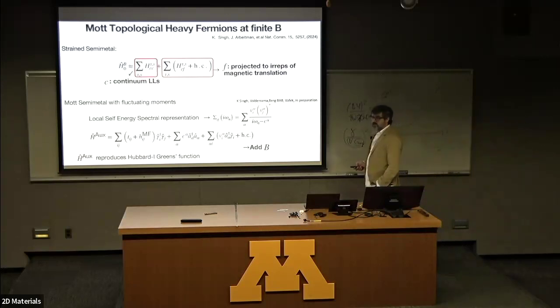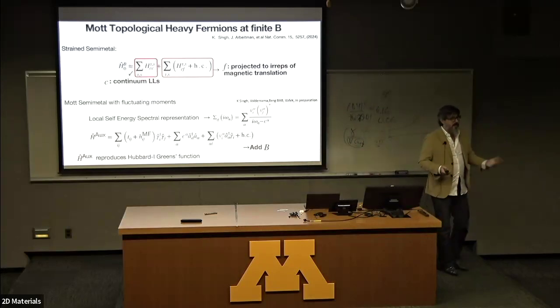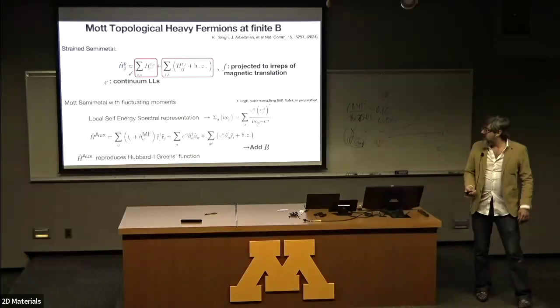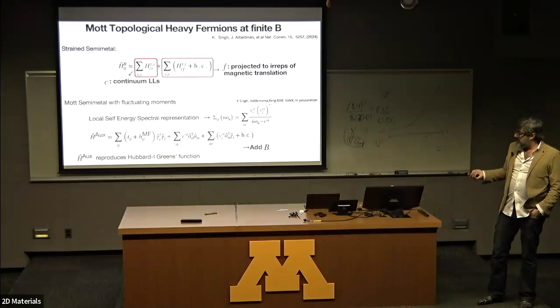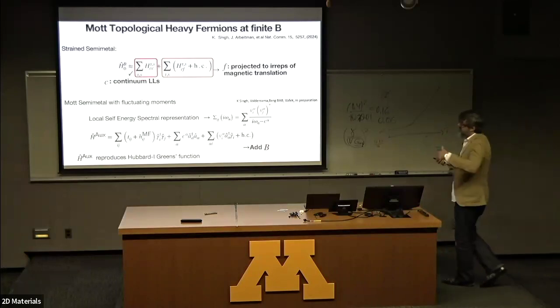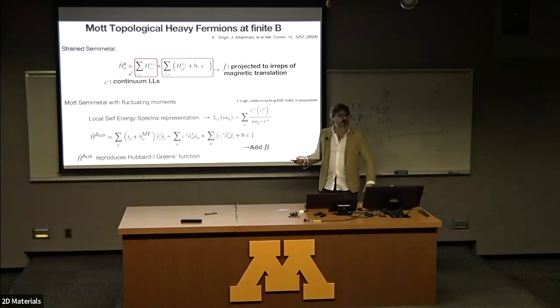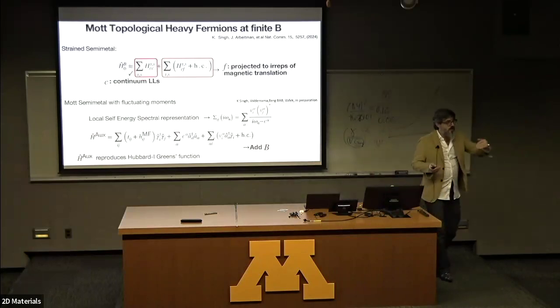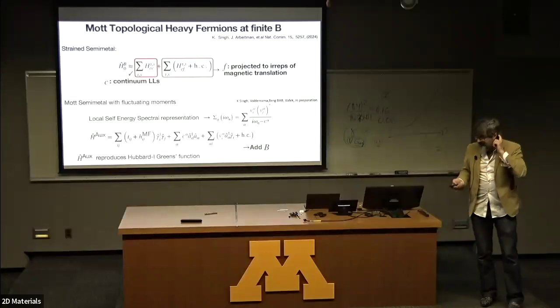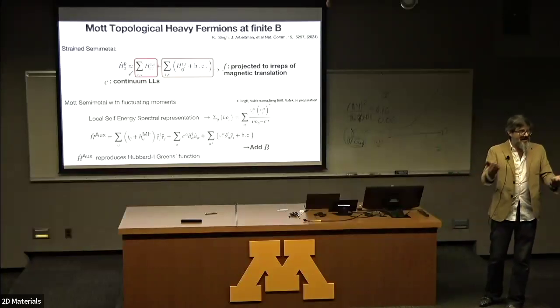So what happens is that you take the self energy of the F electrons, and you want to put Landau levels in the self energy of the F electrons in a Mott state. What you do then is you introduce auxiliary fields, such that if you integrate out the auxiliary fields, you get the same self energy that you had before. This is an auxiliary field method that's well known, really. But now, once you've introduced the auxiliary fields, you have a quadratic Hamiltonian, and in the heavy fermion theory, you can just put in the Landau quantization, the minimal substitution, onto the C electrons, which are the ones that are really